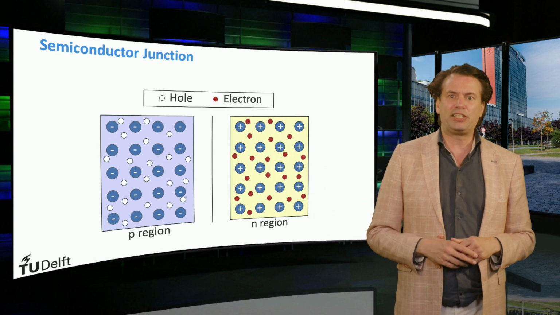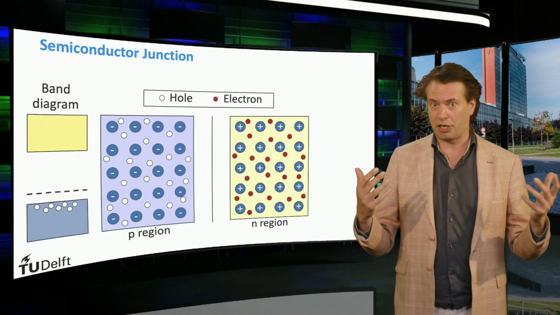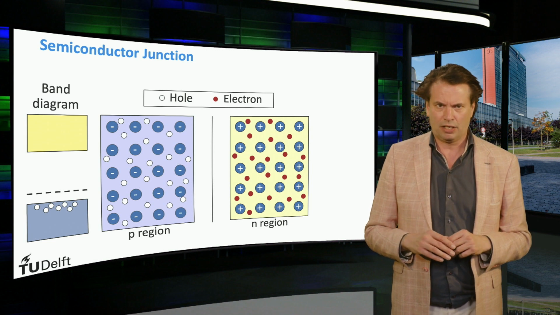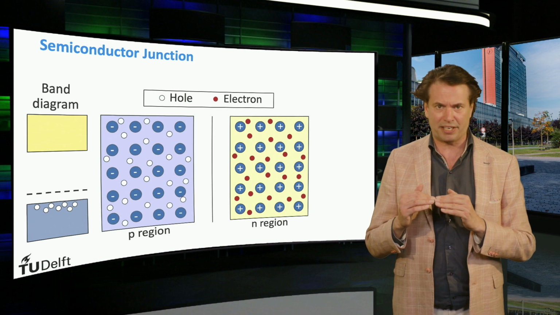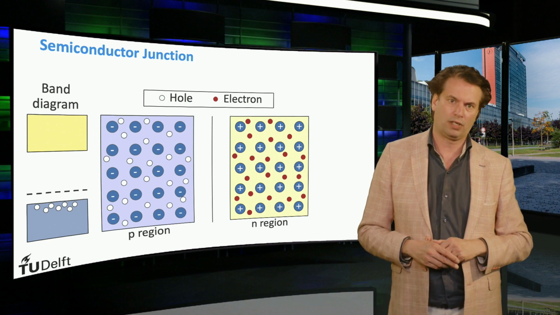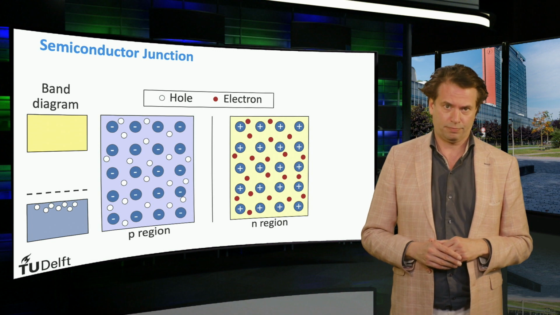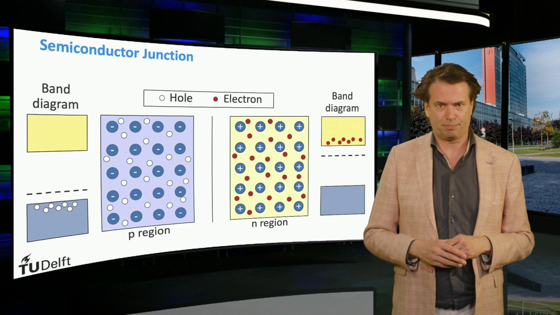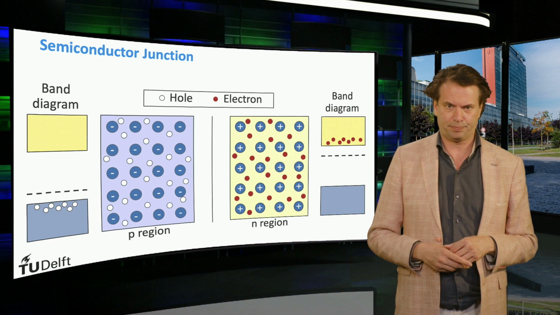On the left, we see a P-type semiconductor material. The electronic band diagram of the P layer is illustrated on the left as well. I would like to address again that for the P-type silicon, the Fermi level indicated by the dashed black line is closer to the valence band than to the conduction band. On the right, we see the N-type semiconductor material. Its corresponding electronic band diagram is illustrated on the right. The Fermi level is closer to the conduction band for an N-type material.